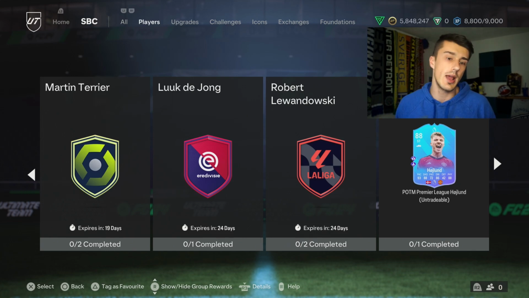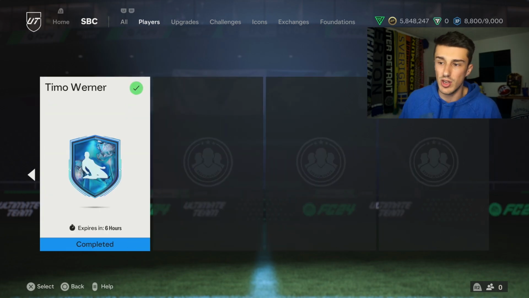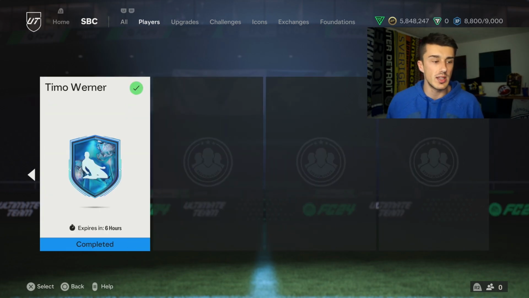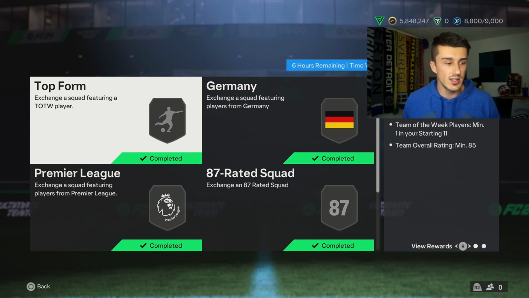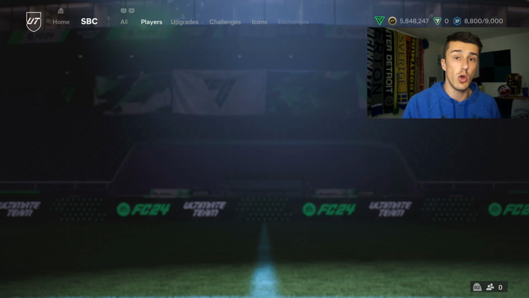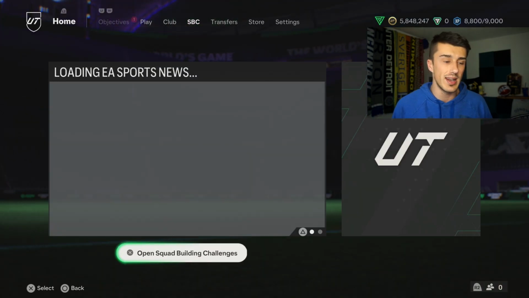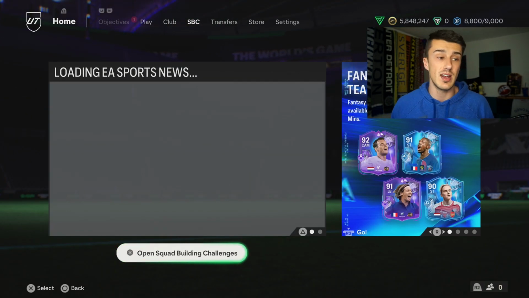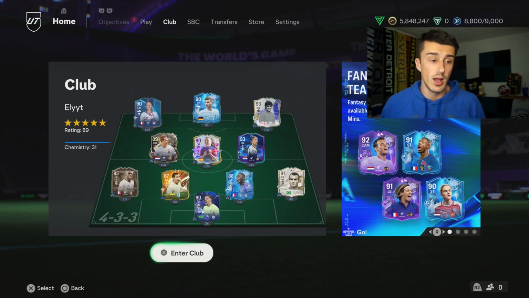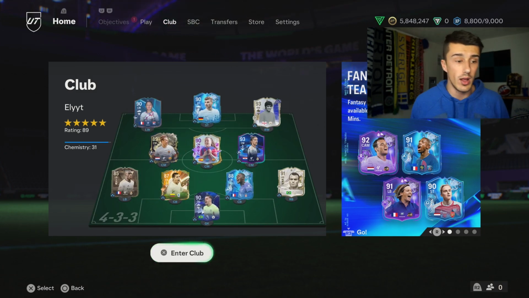But if you don't have a striker right now, boys, there's one SBC that you need to have done already. 500k, it's Timo Werner. This card is spectacular. Of course, a lot more than Rasmus Højlund, but if you guys haven't done Timo Werner, you have 6 hours left to complete it. So anybody who has started that SBC and not completed it, that's your reminder. He's in my squad. That's all I'm saying. He's probably going to be my striker for a while, and